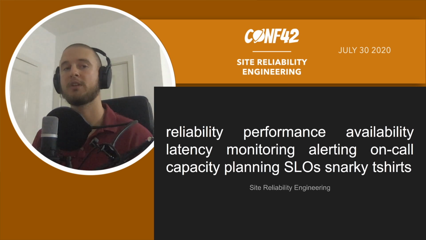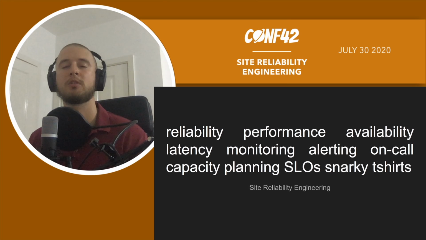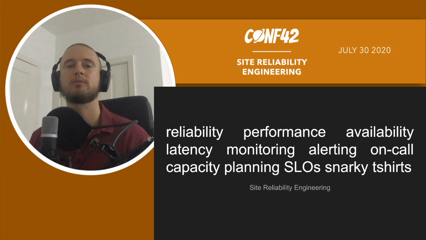Or it might be that it's much more important for a system to be highly available, because if users can't use it for even a small fraction of time, they're going to be much more upset than if the performance is degraded. So that might be your reality of reliability. It might be latency.